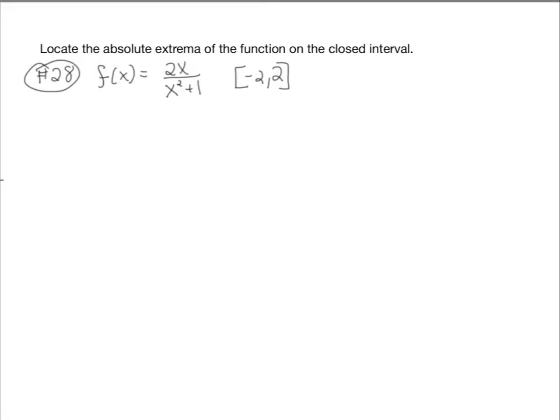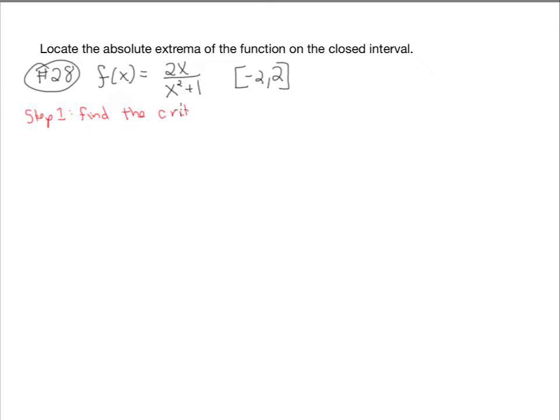First section of today's classwork assignment, you're asked to locate the absolute extrema of a function on a closed interval. Let's look at question number 28 as an example. Now recall that in order to find your extrema values, your very first step is that you need to find